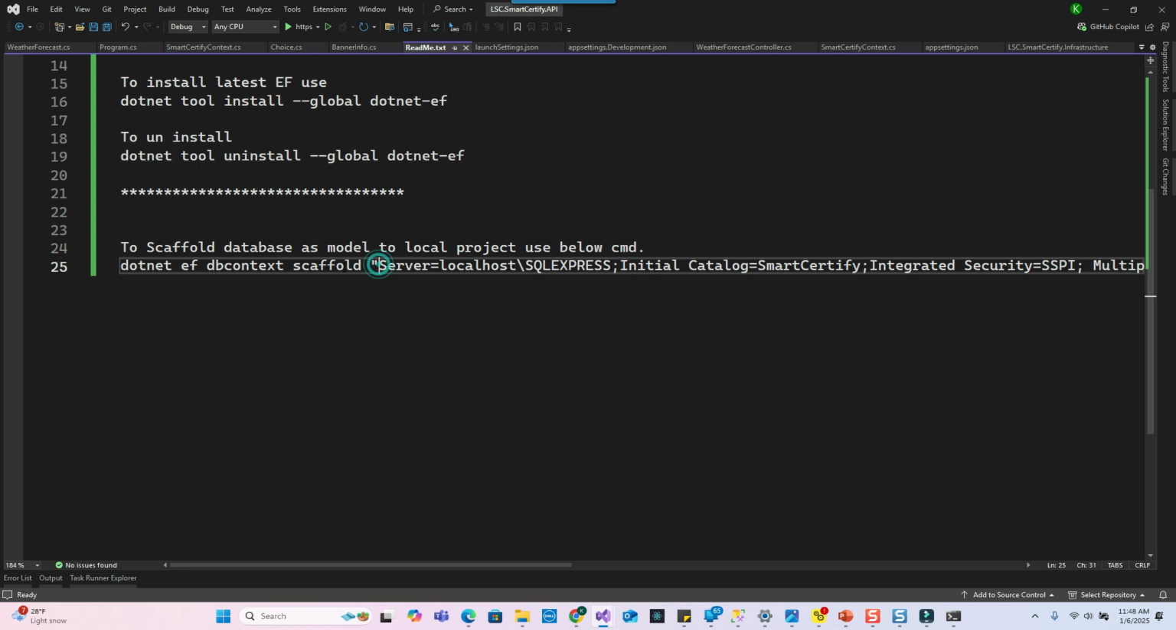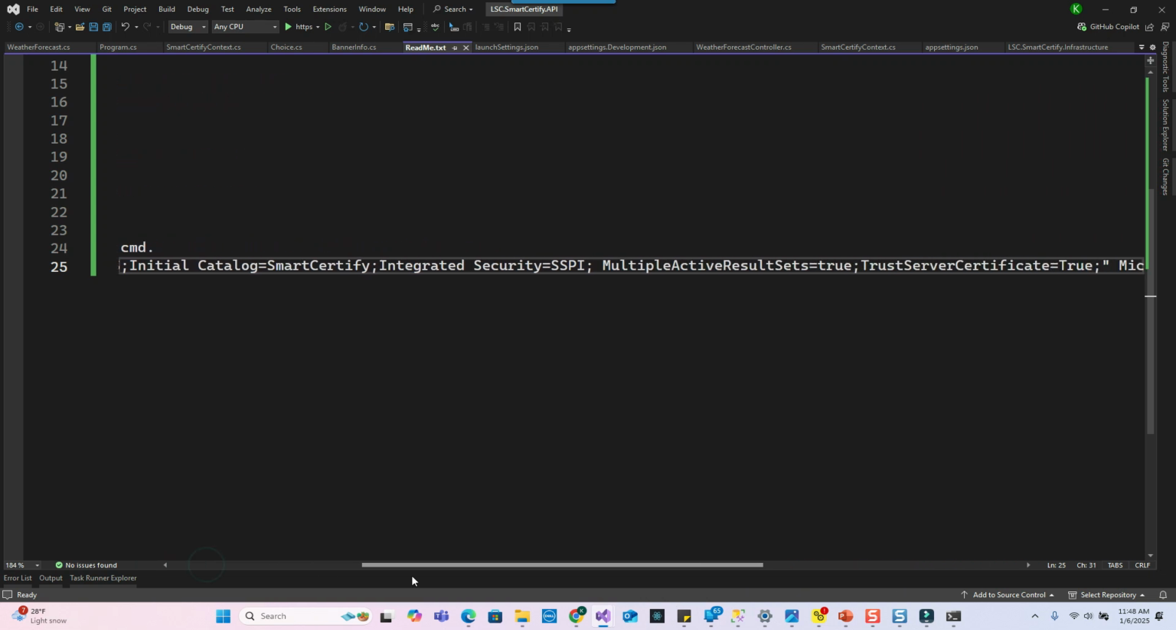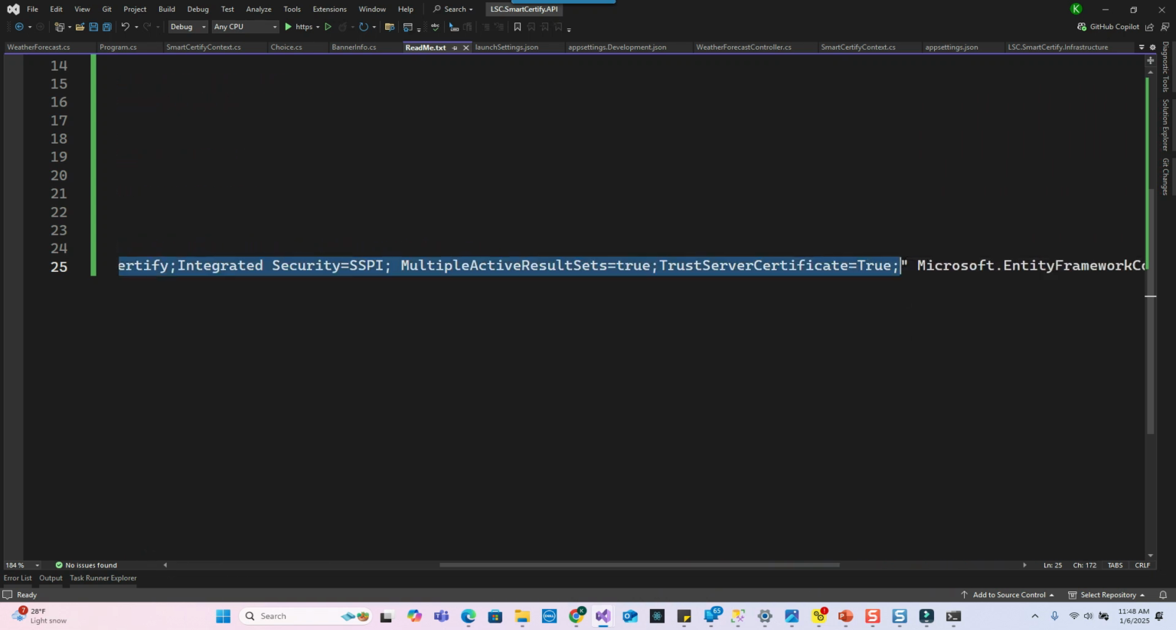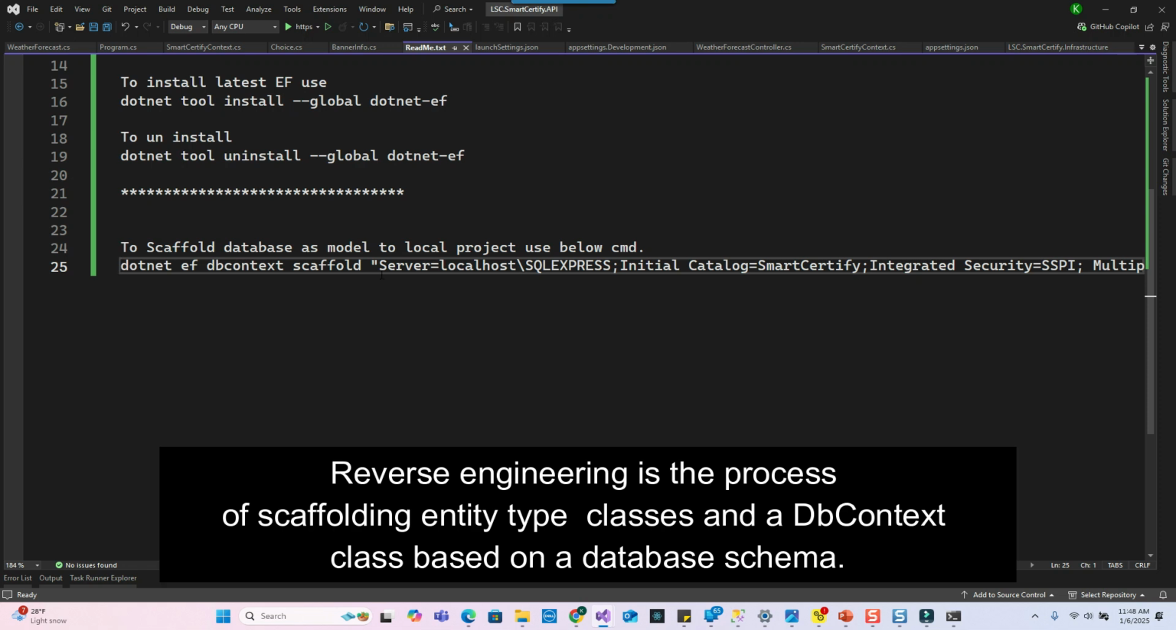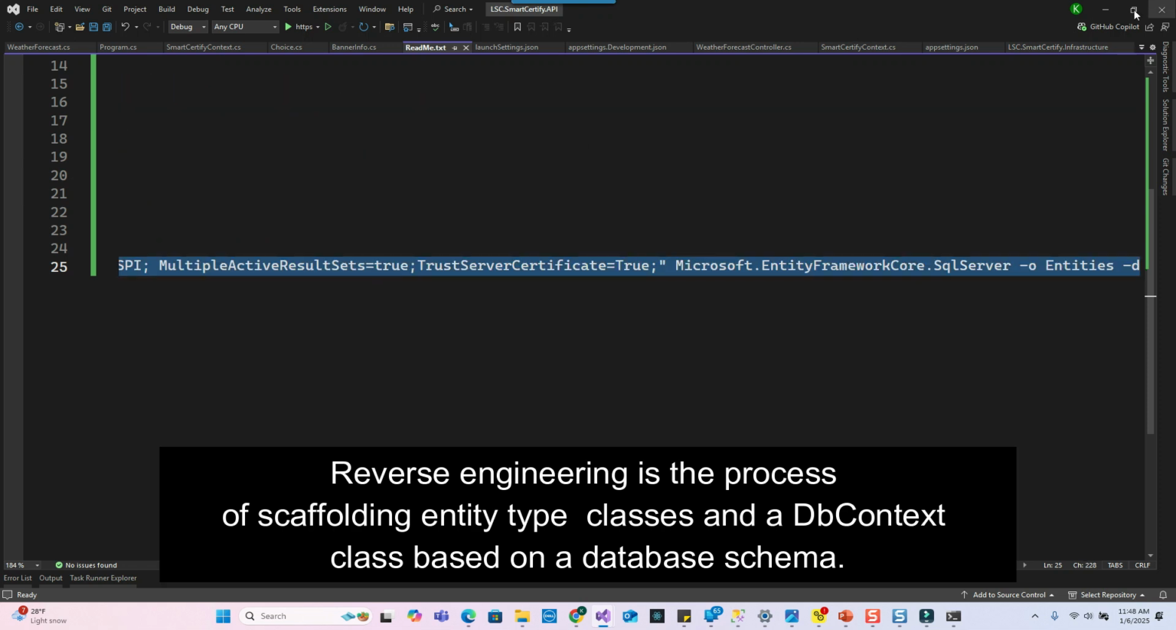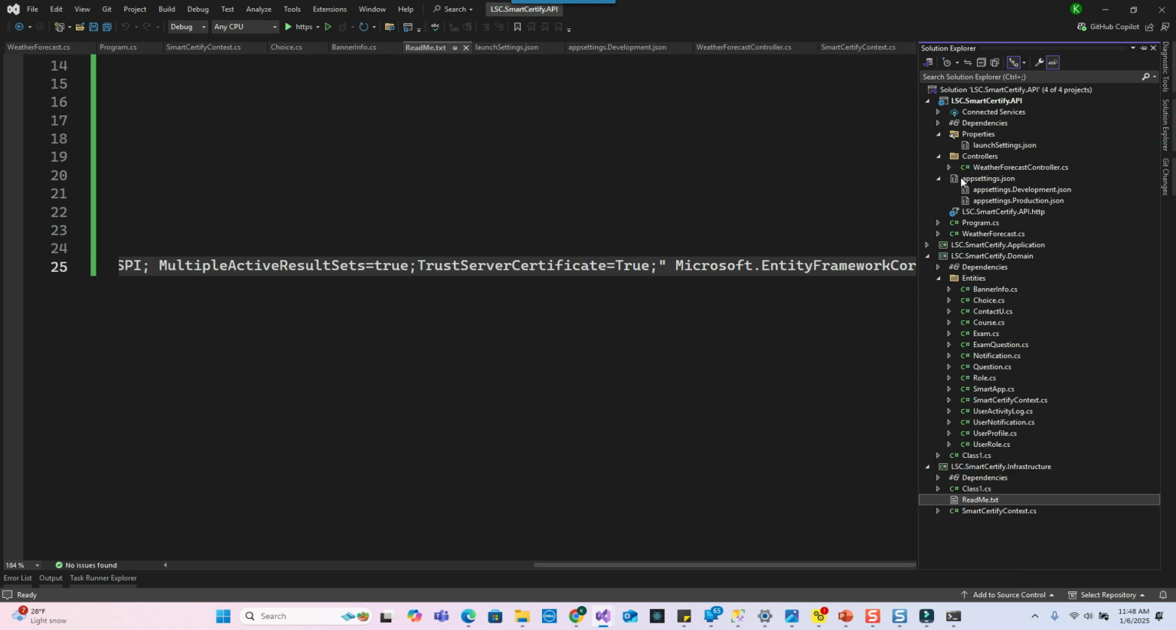From here, right, after scaffold, it's a database connection string. From here till here is the connection string, and then we are saying it's a Microsoft Entity Framework Core SQL Server is the one which it is talking to, and I'm saying, hey, extract every stuff that you see in the table and put it under that folder called entities. That's the command description. So what I'm going to do, I'm going to copy this,